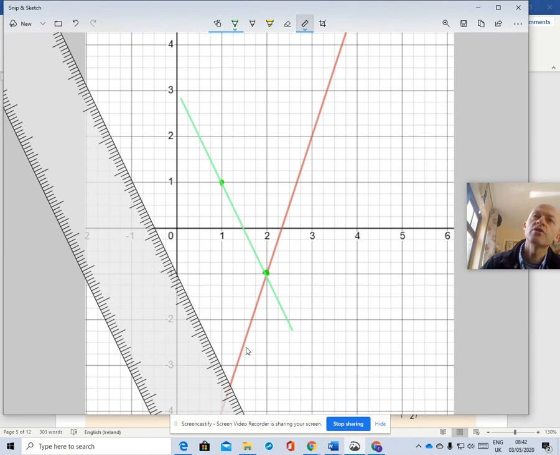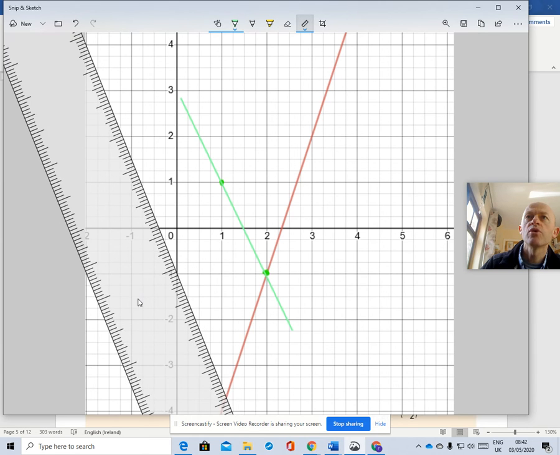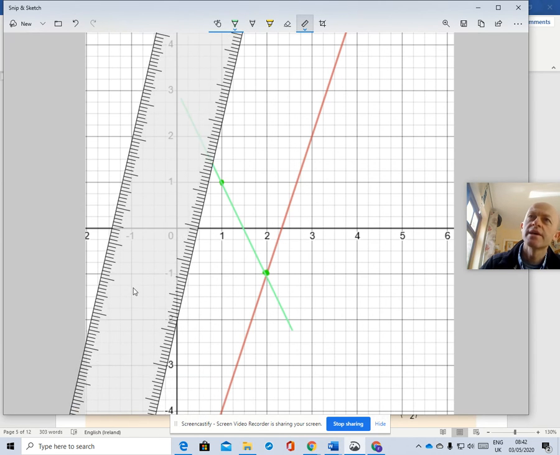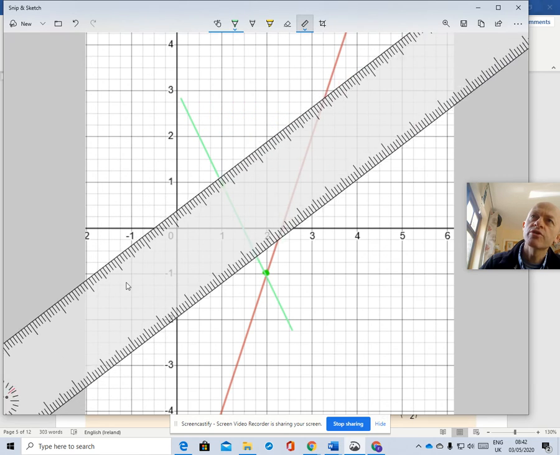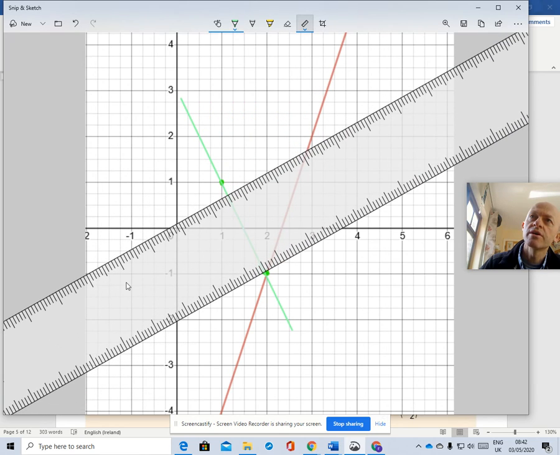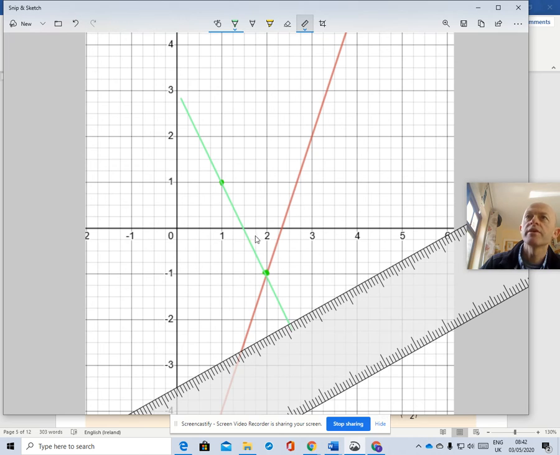So again, an alternative there. There's the line 3x minus y equals 7 drawn there. As you can see, the slope is 3, and a point on the line is 3, 2. And they're the 2 points you're given. Now, we know the center is on this line here, but we also know that if these 2 points are on the circle, the perpendicular, if I find the midpoint, which looks like it's going to be there,